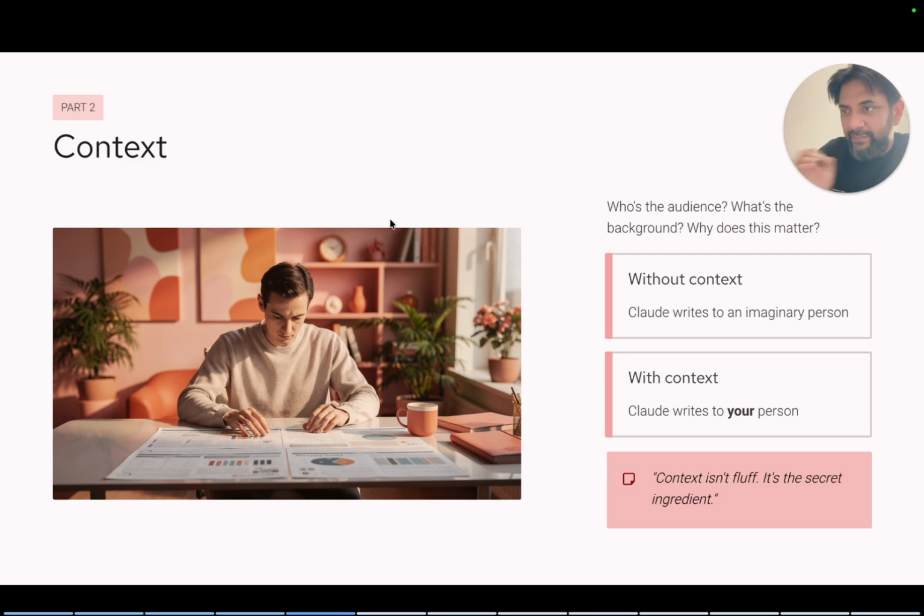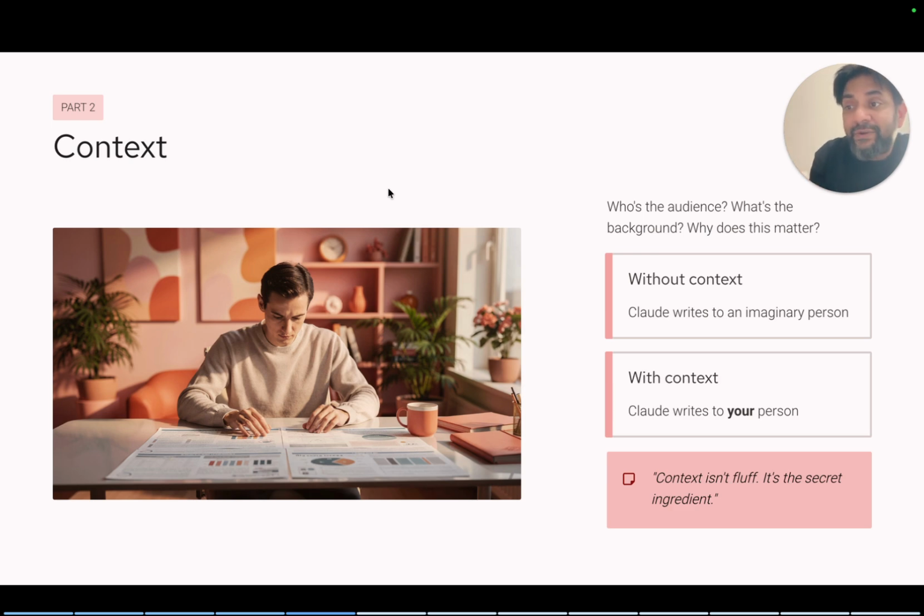The context would be: this email is going to VP level decision makers at mid-market SaaS companies. They are busy, skeptical of pitches, but interested in solutions that save time or money. The company is an AI automation tool, and this is a cold outreach campaign. They have never heard of us.